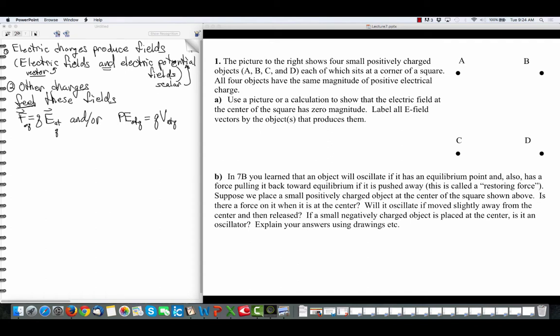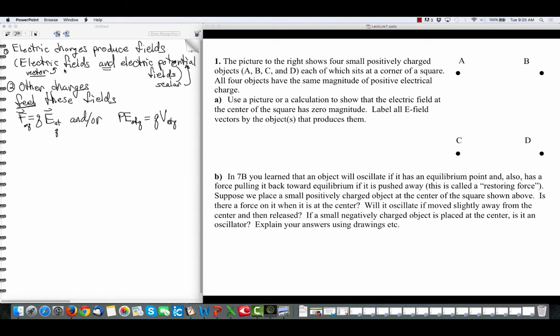And that could be an electric field, that's a vector field, we're going to work with those. But it could also be an electric potential field, that's a scalar field. So if there's a charge sitting here at some location, then it produces a voltage everywhere. So that's a scalar quantity, it doesn't have a direction, it's just a number and a sign. So we'll work with both of those, but